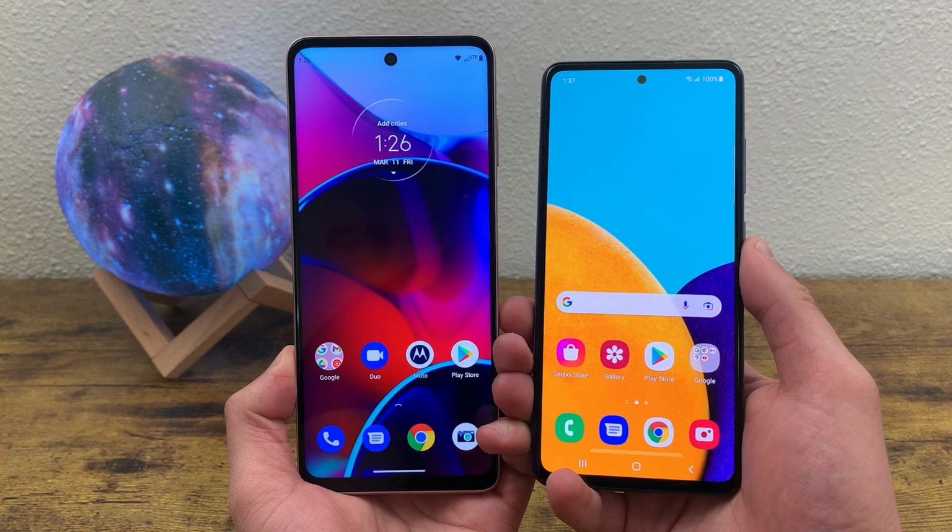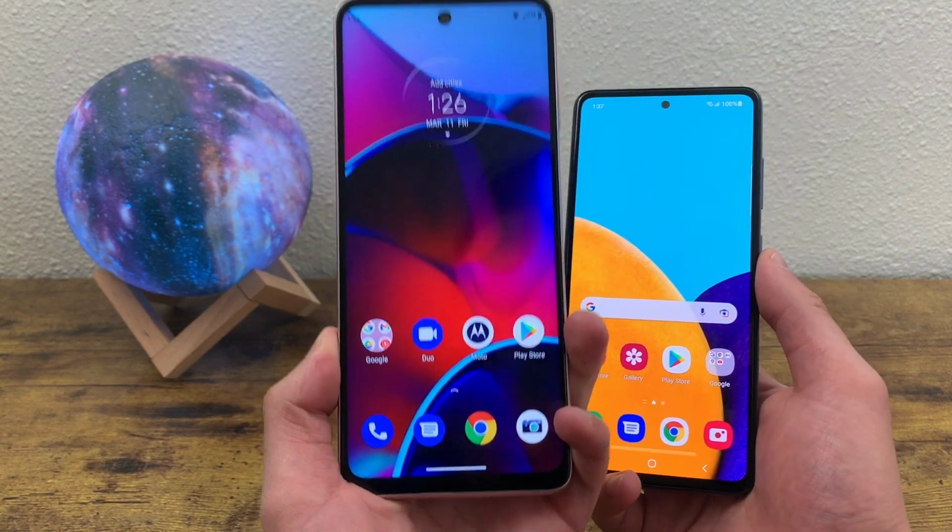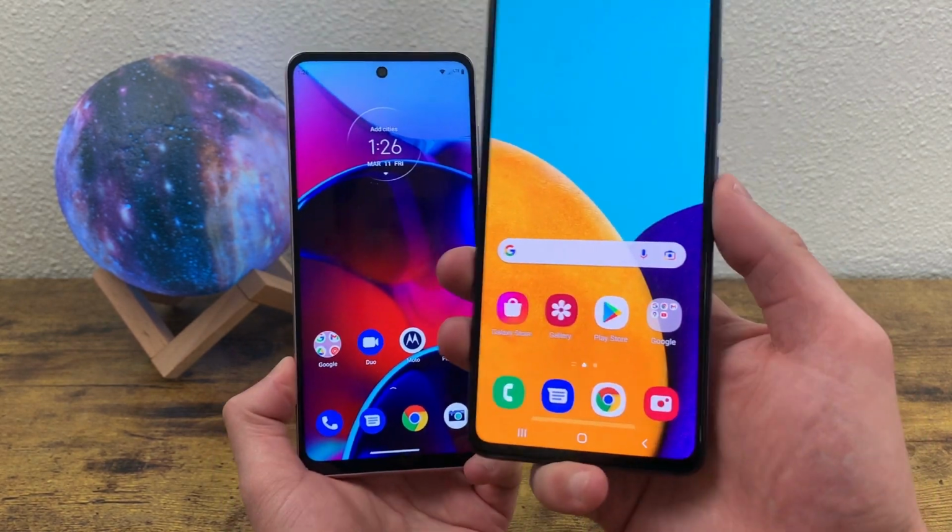In this video, we're going to be doing a comparison between the Motorola Moto G Stylus 2022 and the Samsung